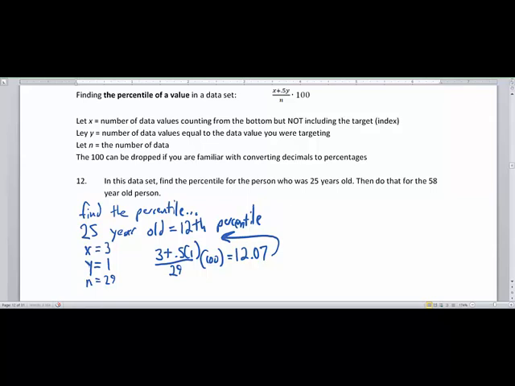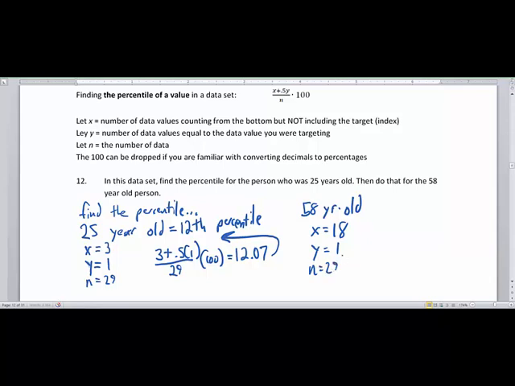So let's do our last problem here. Our last problem is finding the percentile of the 58-year-old. Okay, so the 58-year-old, your x, we're going to have to count how many people are below the 58. Now I would count very carefully, because the 62-year-old was the 20th person, therefore the 58-year-old is the 19th person, so there are 18 people below the 58-year-old. There is one 58-year-old, so we are only going to have the y is equal to 1, and our n is equal to